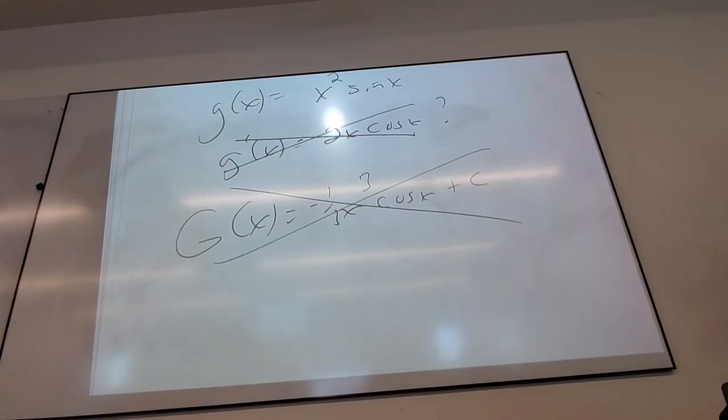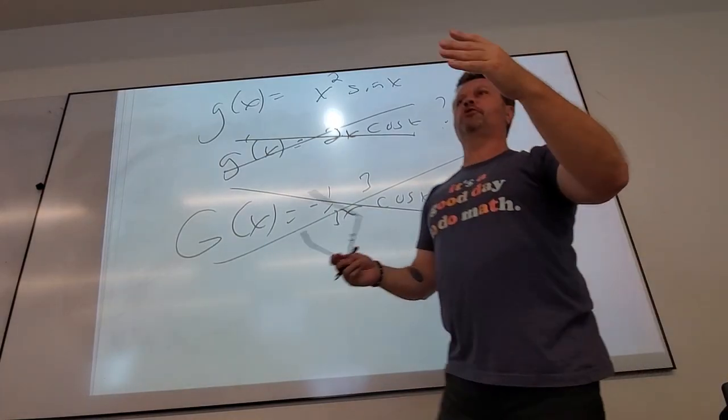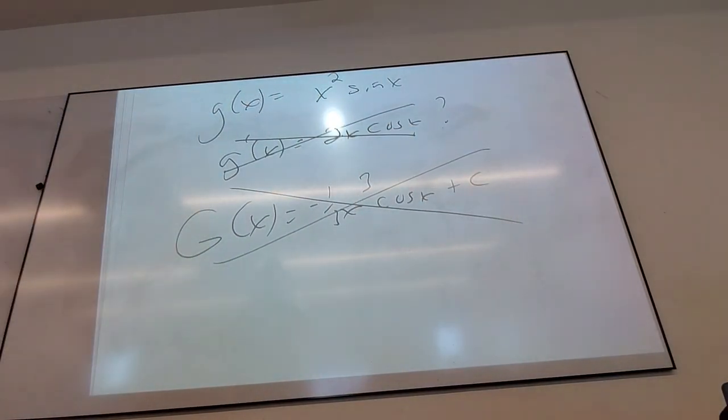I can't just take the antiderivative of each piece and multiply them. I wasn't even allowed to do that when I was going forward with derivatives. How would I expect to be able to do that when I'm going backwards with antiderivatives? Do you guys see that? That's one of the easiest mistakes people make when you're learning antiderivatives, is you start to do that. Well, you can't even do that if it was a normal, nice, easy, forward derivative. There's no way you could do that backwards with these antiderivatives.